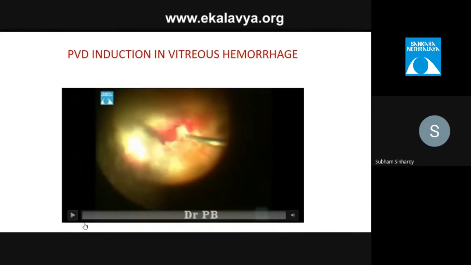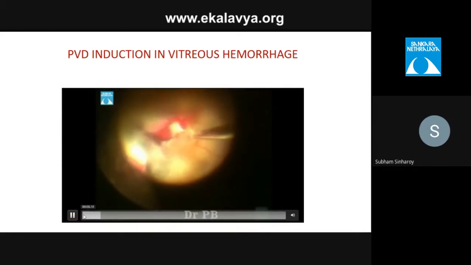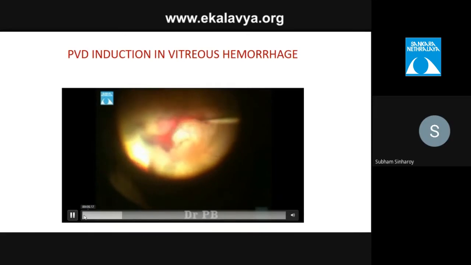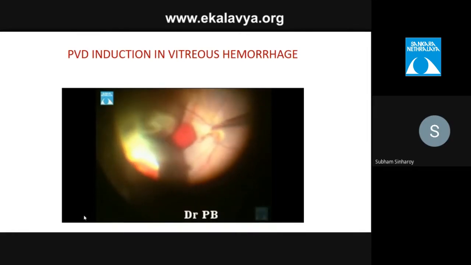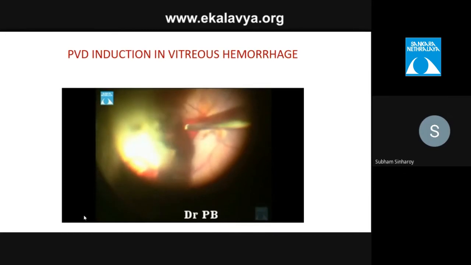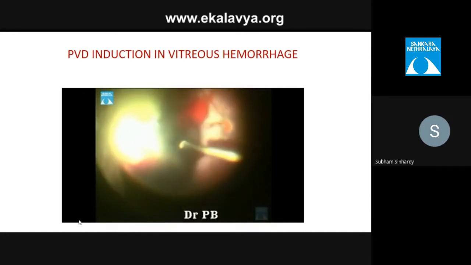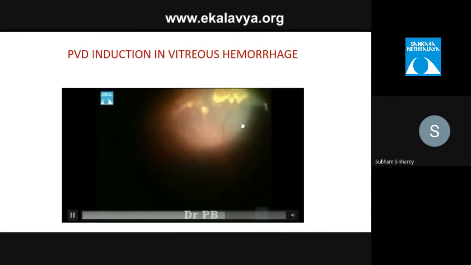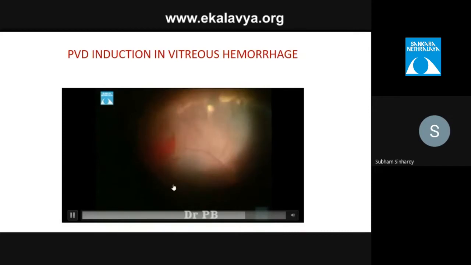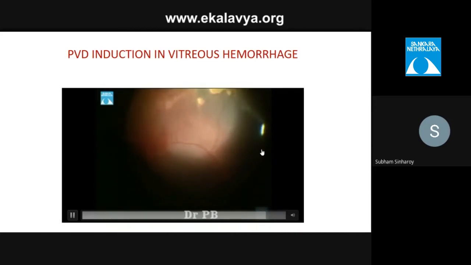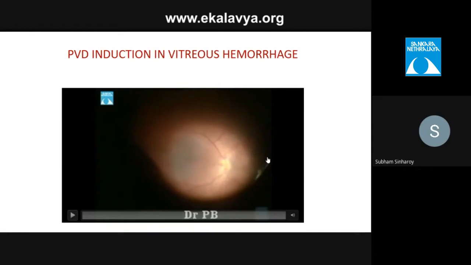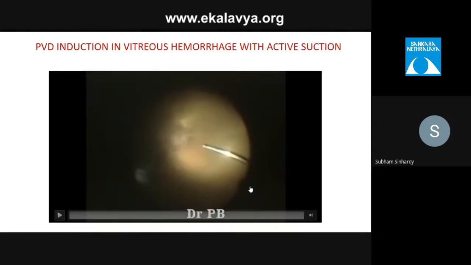So coming to another case of a vitreous hemorrhage, where just on the basis of simple vitrectomy after the peripheral truncation, with the help of active suction, the surgeon was able to induce the PVD. You can see the pre-retinal heme, the entire posterior hyaloid, get lifted off with the suction only, and then the rest becomes easy for manipulation. And you can see after the vitrectomy, all the hemorrhages are cleared. There are peripheral laser scar marks. The media is clear right now. The entire PVD has been induced. So active suction alone can sometimes be helpful to create the PVD if there is no other traction component.